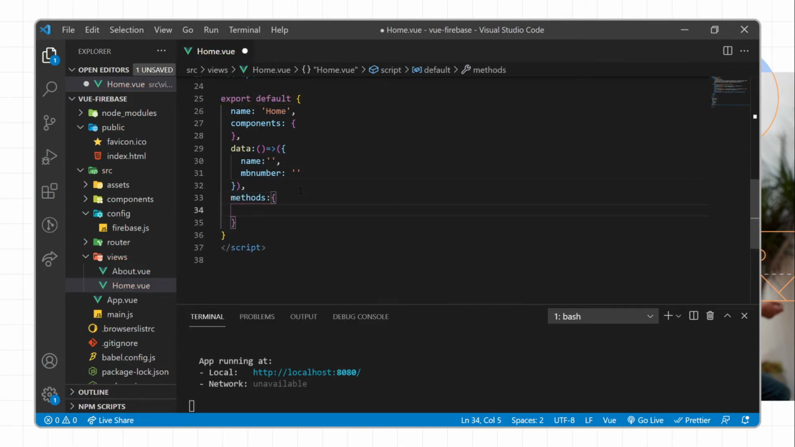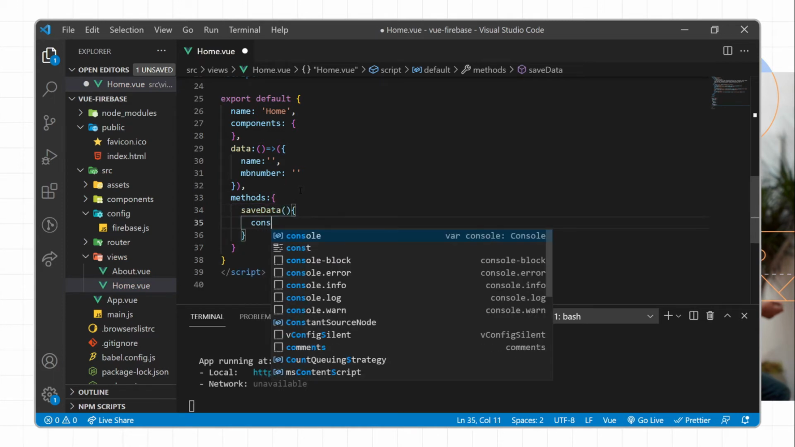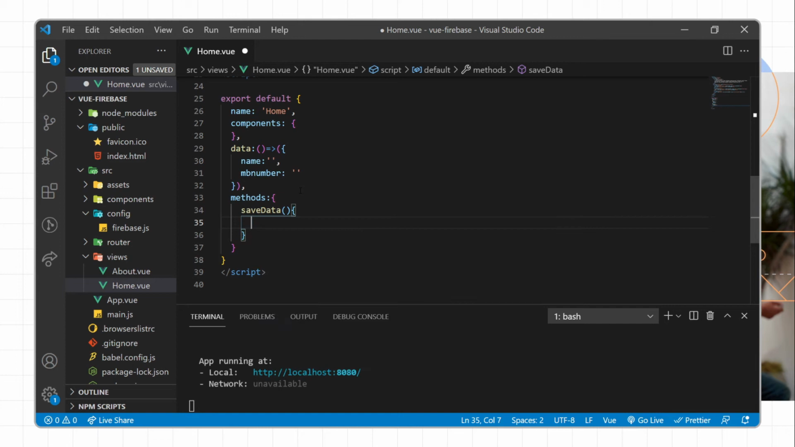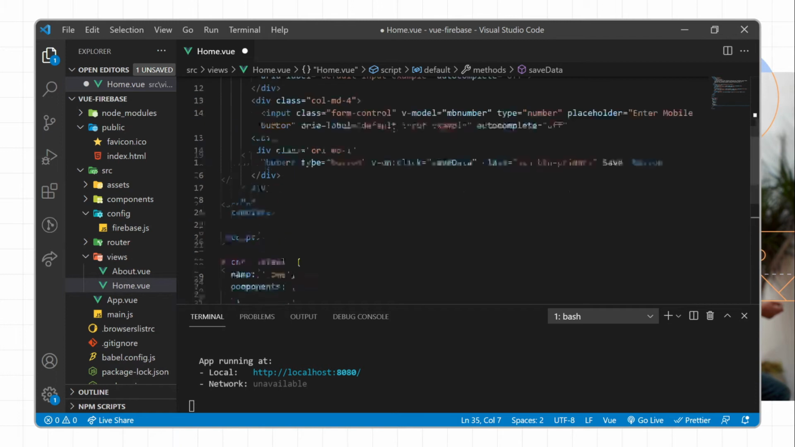This is a part of Vue's lifecycle. So we have a save data, and when we click on the save data, we can get the value from the name and the mobile number. So how can we do that? So here